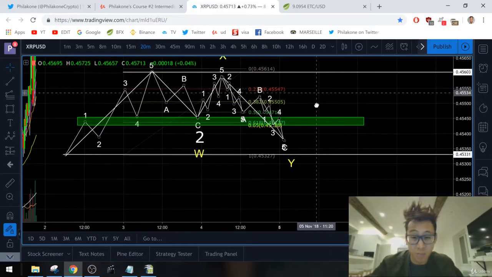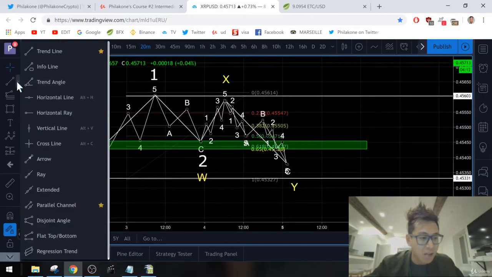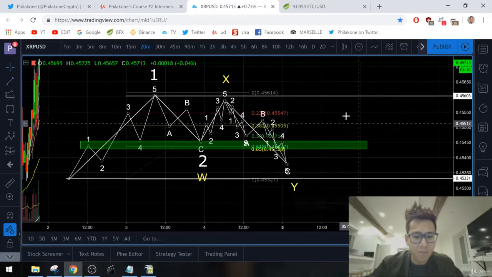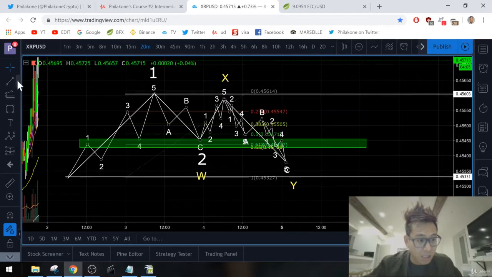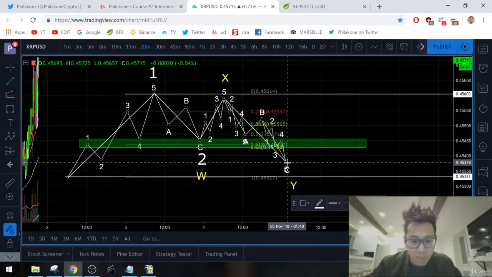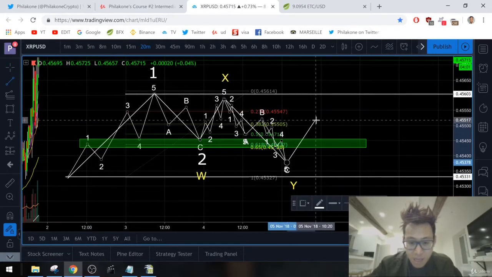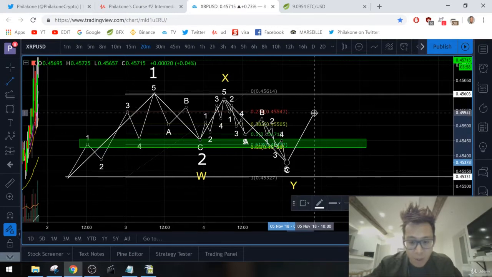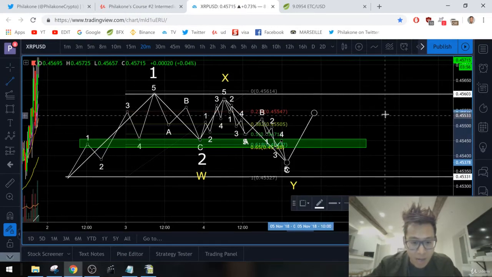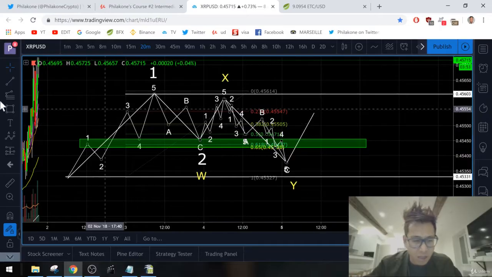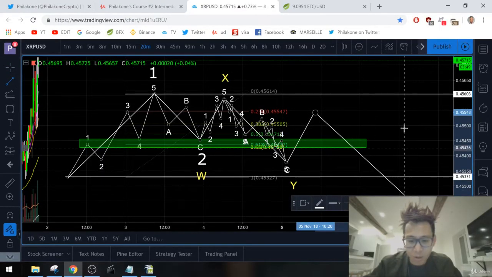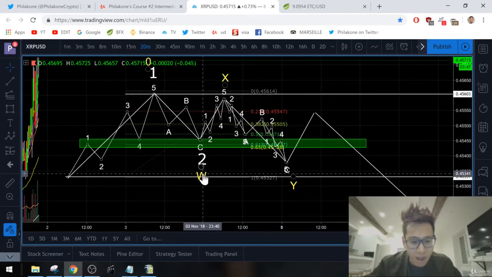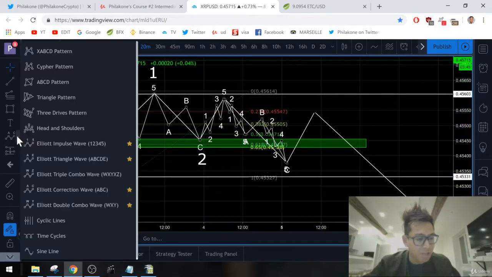Now, let's talk about more double failures. Okay, let's talk about a triple failure now. Now, every time, guys, every single time it actually does this, we're going to talk more about this right here. Let's say that this right here ended up making another attempt for an impulse wave up, and then it actually fails again because it retraces lower. Well, now what you're going to get is another X, but the way that we call this one is called the Elliott triple combo wave,